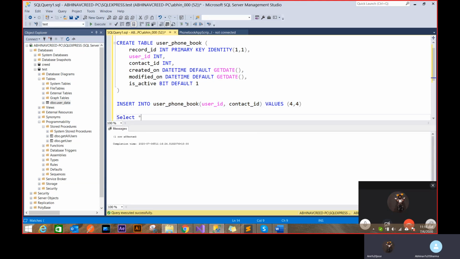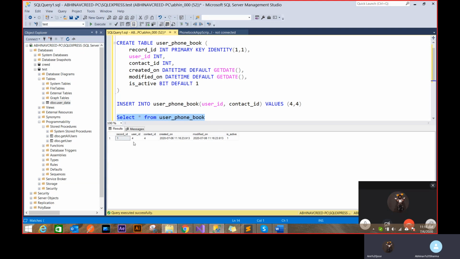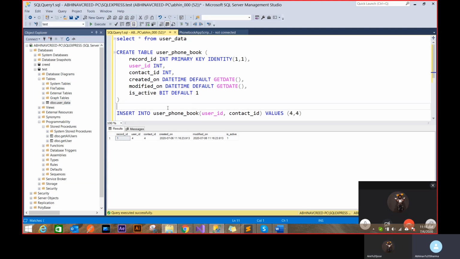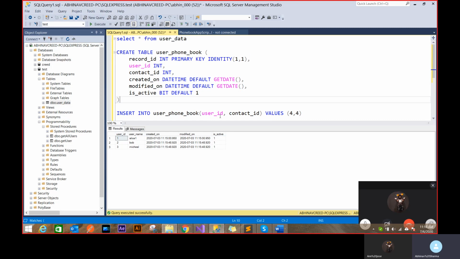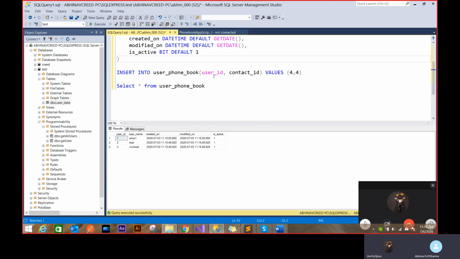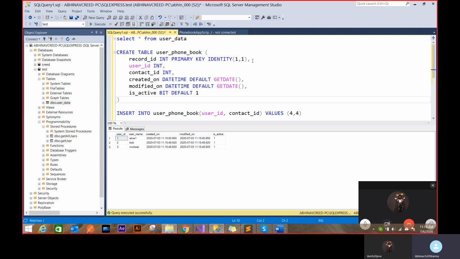But the problem with this insertion is there is no user ID 4. I inserted that, but if you look at the user data table, there is no user ID 4. This is possible now because I'm not putting any constraint. I want only those users that are actually inside the user table. I don't want any connection which is not actually there.